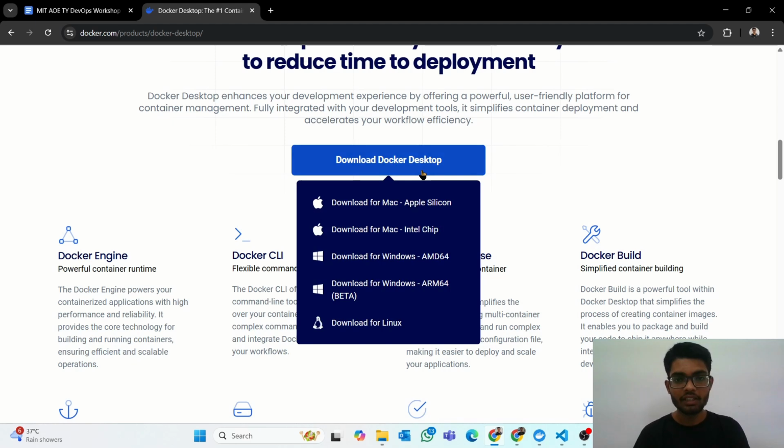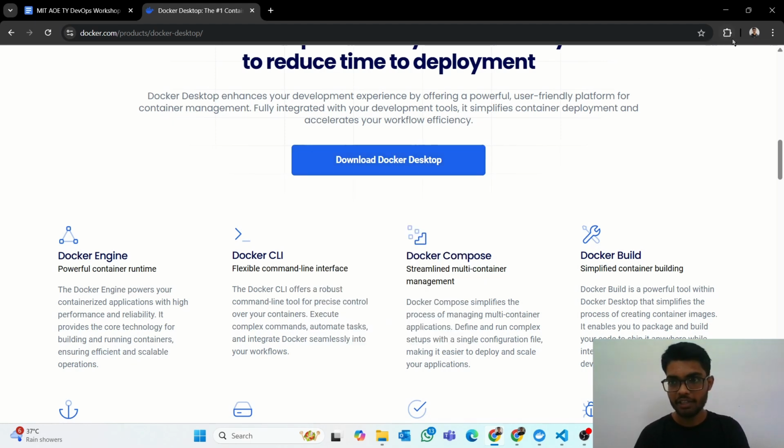As soon as you click here, the download will start. Here you can see the file is getting downloaded. As soon as the file is downloaded, .exe for Windows, .dmg for your Mac, you just have to open it or double click it. If you are not able to do it directly from this place, close everything and open